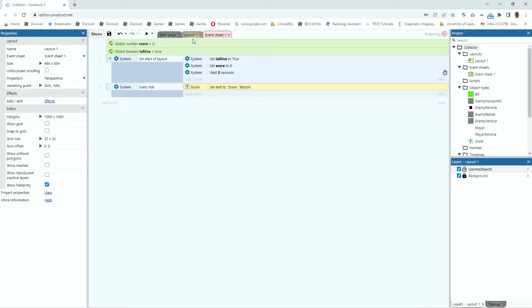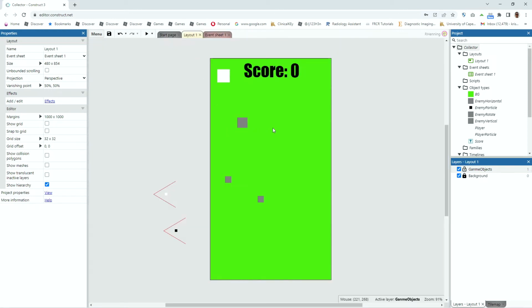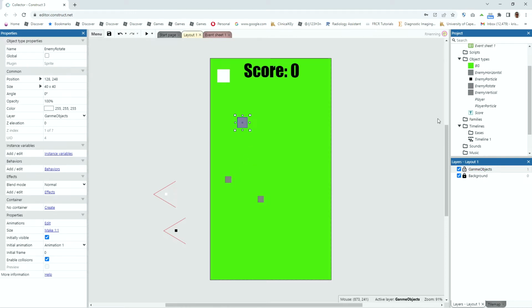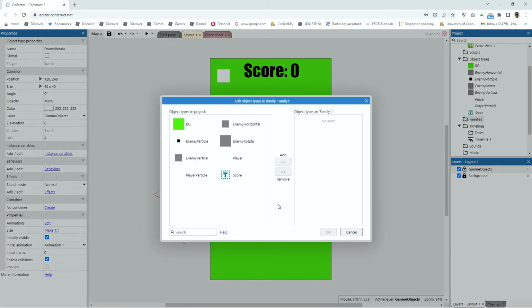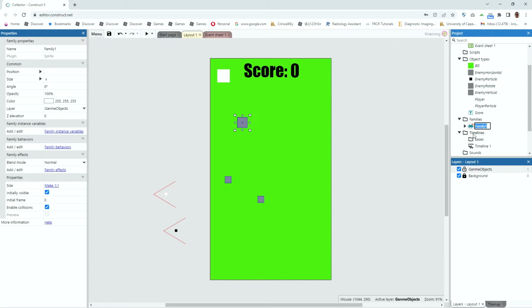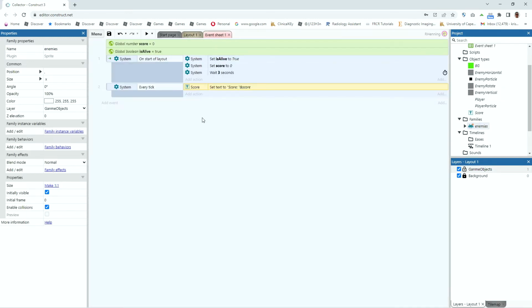Now let's add all our enemies to a family, so we can treat all these enemies as a group. So let's go to families over here and go add family, and we want to have our enemies in the family, and we'll call the family enemies. Right, that makes things easier. Now we can address these 3 different types of enemies as a group. So what we'll do every tick with the enemies is